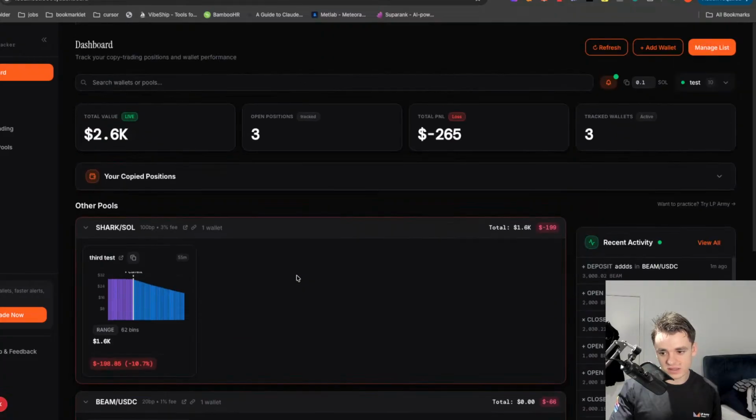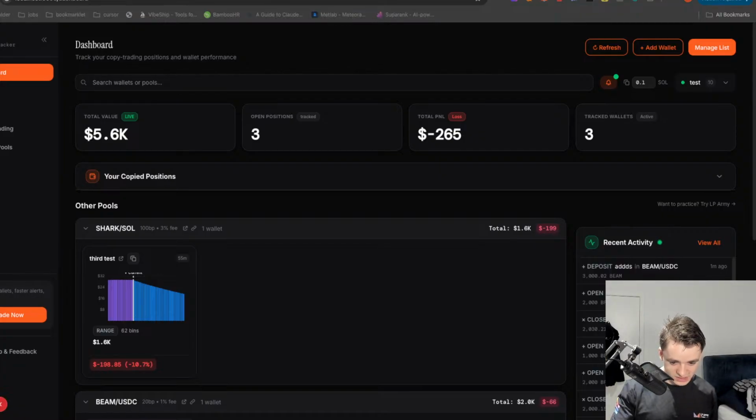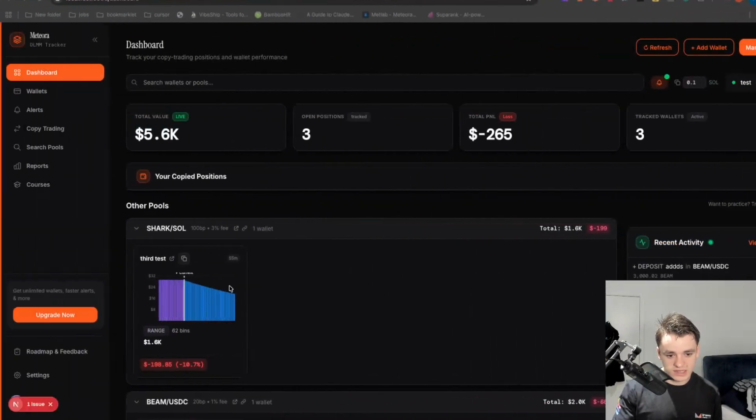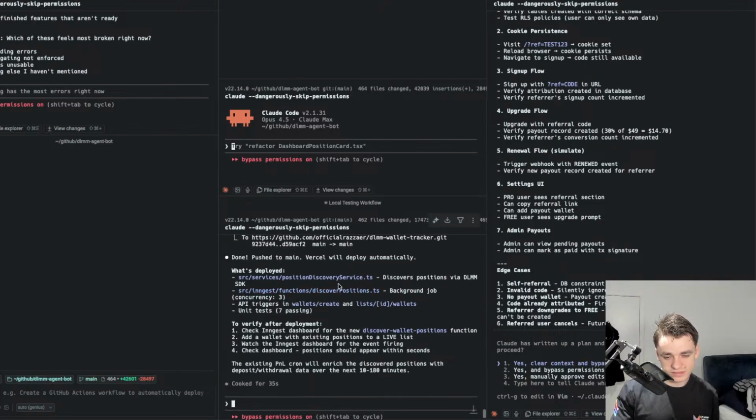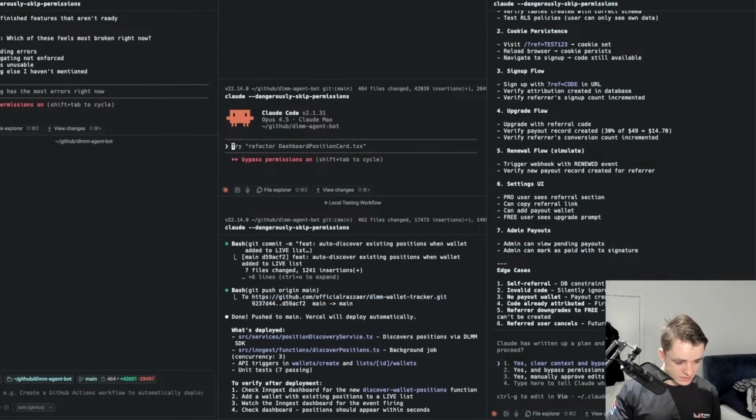Yeah, I think it's definitely not loading past positions. I don't see it in the database. Should see it as a